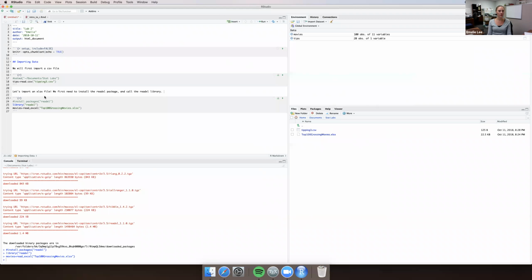Okay. So now we've imported the Excel. Another thing that we will do mostly in the labs is I will just give you a link to a data set and we just download it online. So with a link to a data set, we import through